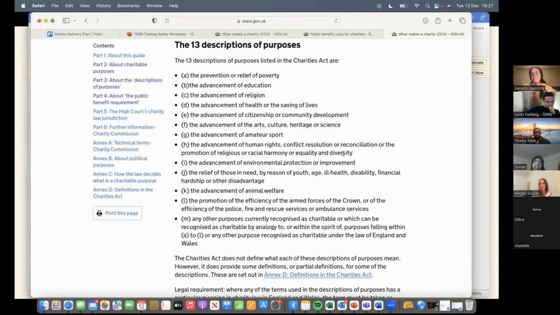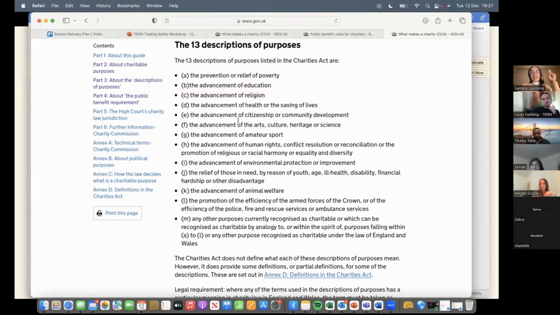So if you choose one purpose, and later on you might venture out into some of the others, is there the chance to change or add? Yes, there is, though it's not super straightforward. In a way, you're doing a balancing act when you set up your organization: covering everything you think you might do, but also being realistic. If it's not developed enough to provide examples of the work you're going to do, then the Charity Commission won't register you under that purpose.